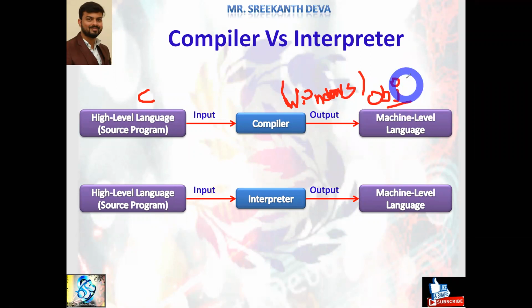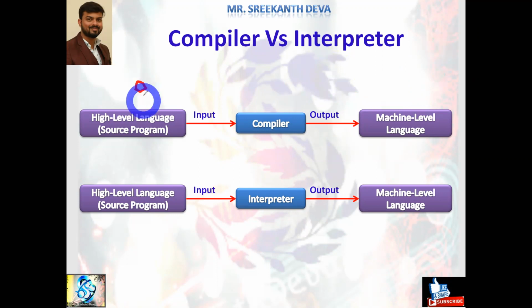For that reason, you cannot carry this object code and run it on some other operating system, like a Linux based, Unix based or Mac operating system. Again, you need to take the source code, compile it there and run it. This type of dependency is called platform dependent code. Especially C and C++ code is platform dependent code.